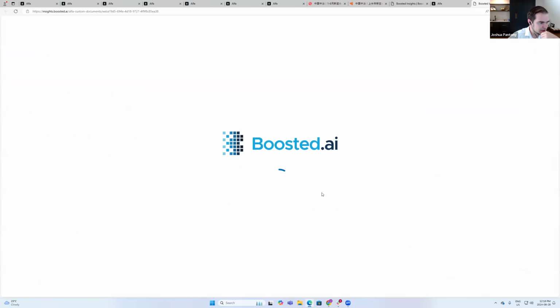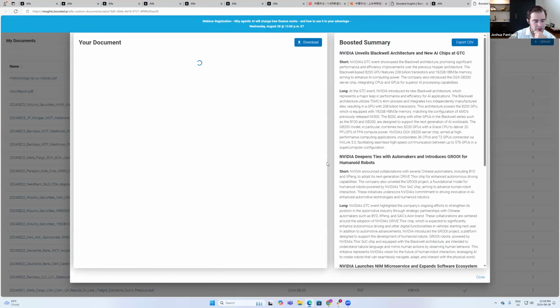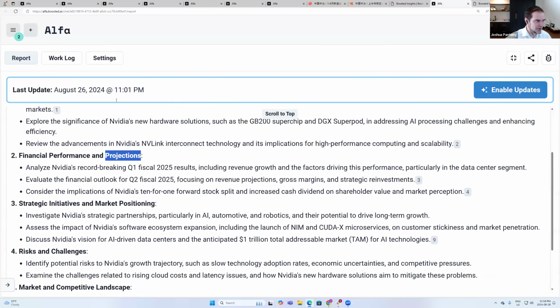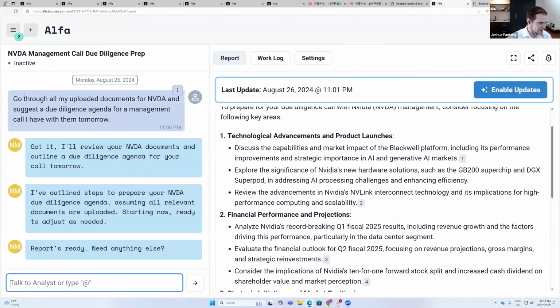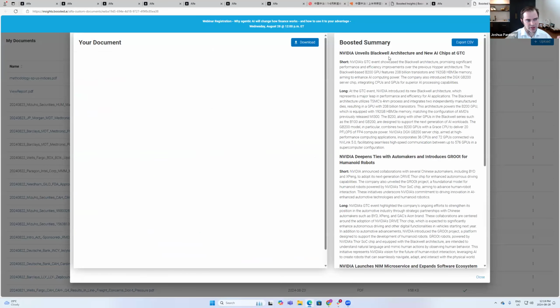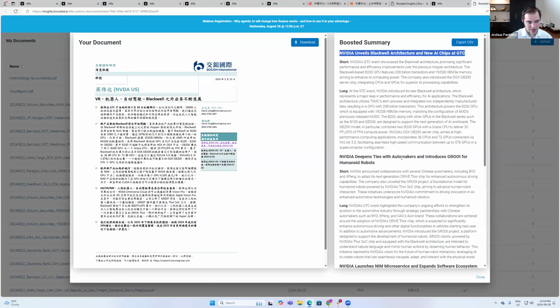But the really powerful thing about this is that one of the sources it picked up on was some Chinese coverage of the stock that tends to focus on a lot of things happening in China, such as local automotive companies, what's happening with chips, and NVIDIA's progress in trying to get chips that pass the ban. And as a user, it's very, very simple. You just ask it, go through my documents, suggest a due diligence agenda, and away you go. But then the system's able to scan through anything, including foreign language, suggest different information, and actually showcase to you, okay, here are the parts of the document that were relevant and interesting.